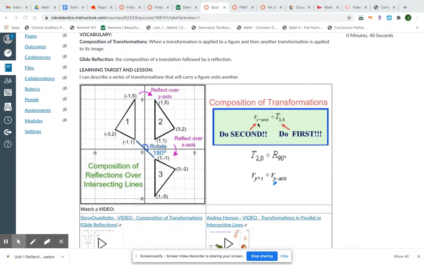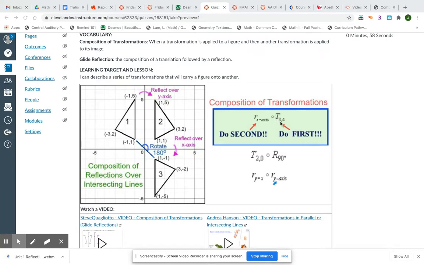This is the notation for a composition of transformations. So remember what you're doing is you're starting off with a pre-image. You are going to transform it in some way. Then you're going to take that image and you're going to transform it in a different way. So this is telling you to